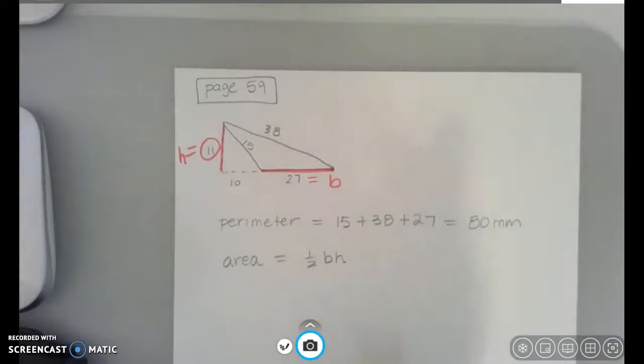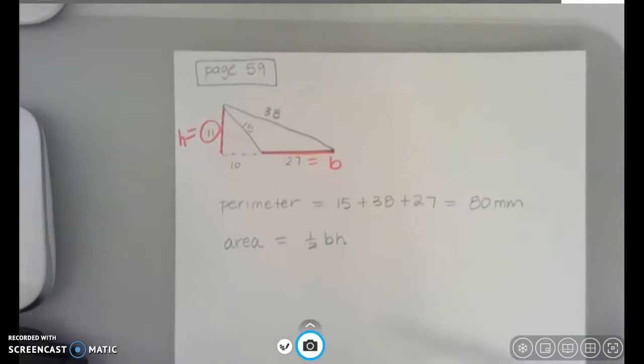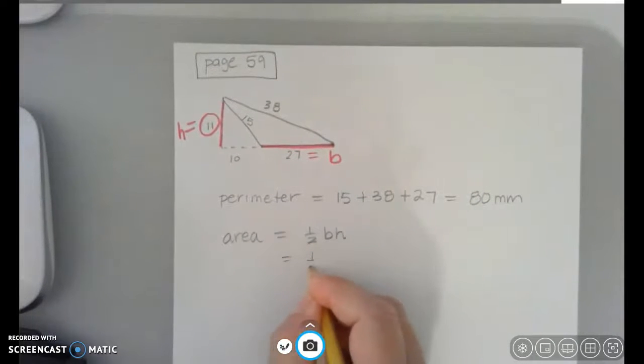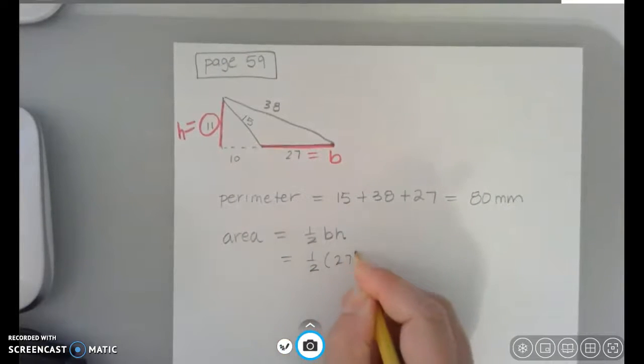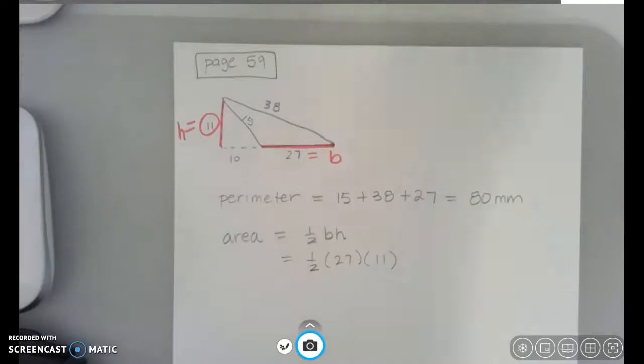So for this area, move this up, we'll have 1/2 27 times 11. The height always has to be perpendicular to the base, and those dotted lines are not included as part of the triangle. So let me multiply this, and I'm getting 148.5